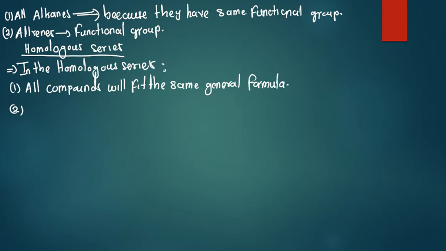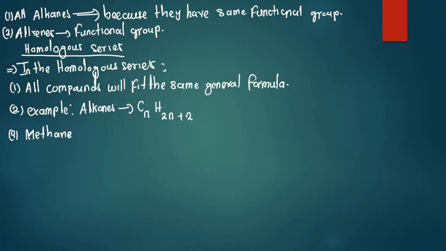Okay? Let me give an example. We'll give an example of alkanes. For example, alkanes have the general formula CnH2n+2. That implies that all alkanes that we shall be dealing with are going to fall in that formula. Okay, for example, methane. If we are to consider methane,